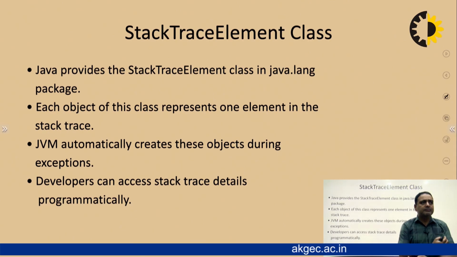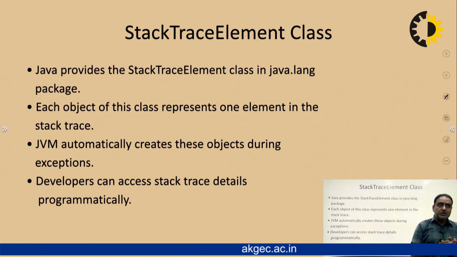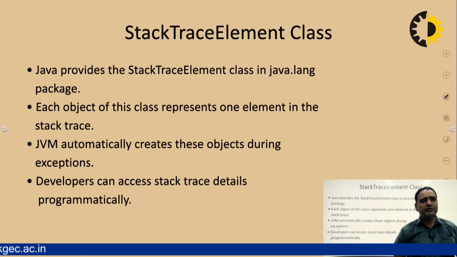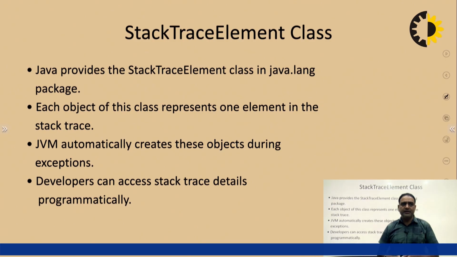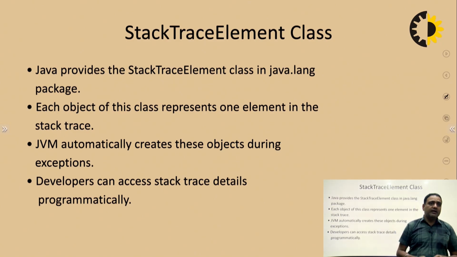So java.lang.StackTraceElement is a class. Each object that belongs to StackTraceElement represents one element in the stack trace. The Java Virtual Machine automatically creates these objects during the exception. If you are writing code in Java, a lot of exceptions may be generated, and if you want to get the information of all the exceptions fetched by the compiler,